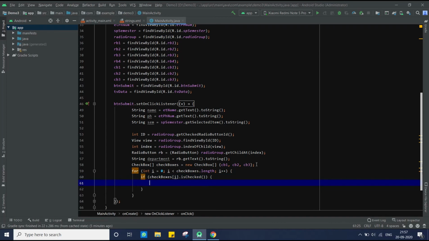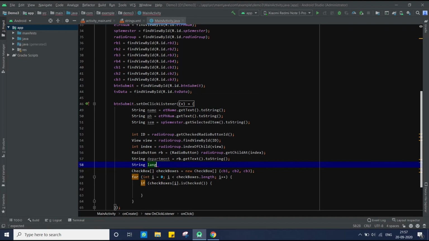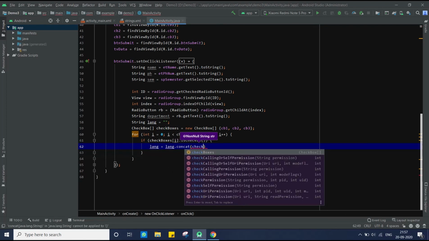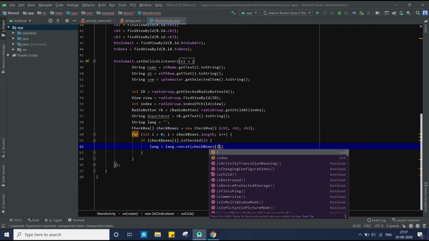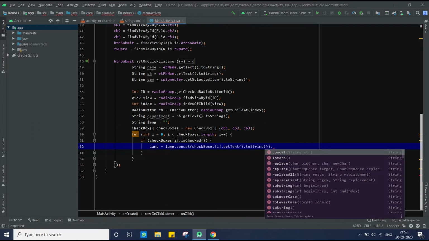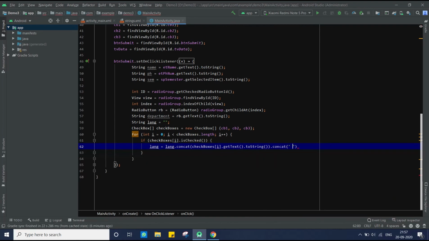To store the data we need a string and we'll initialize it. And we'll concat the data, and if there is one or more data then this concat will make a space between them.